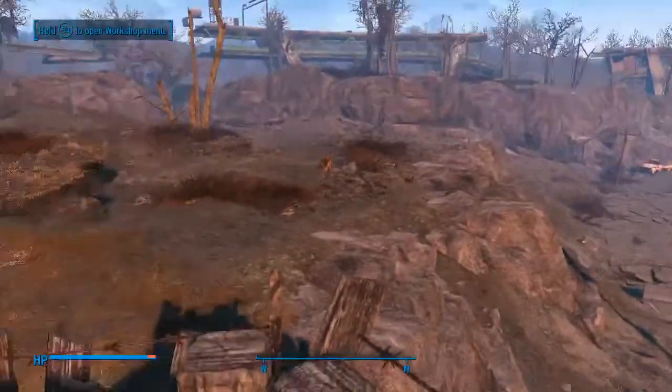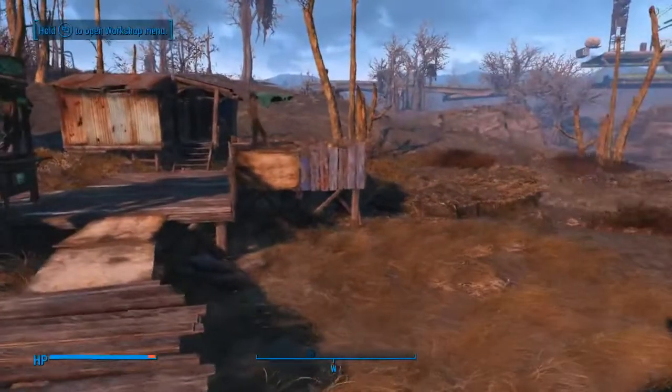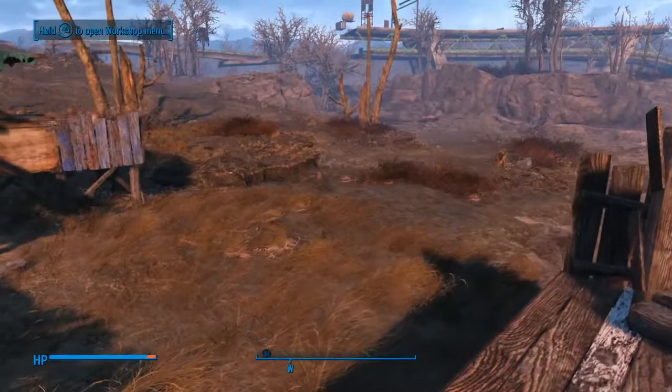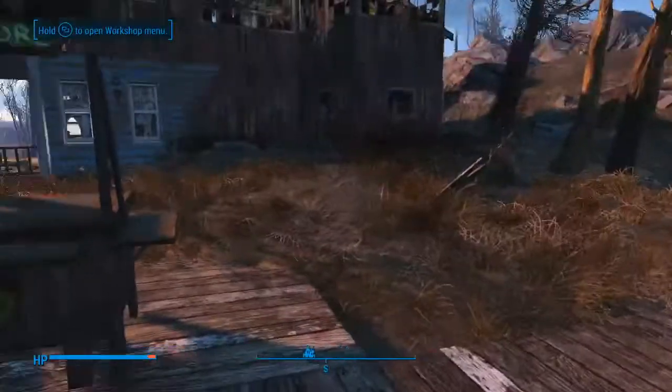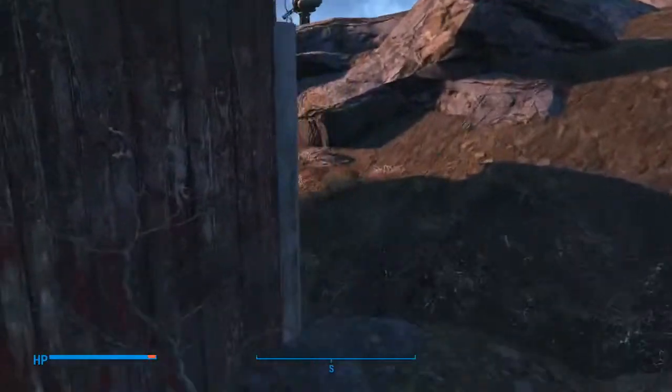I imagine these folks are gonna have a nice place to live when I'm done with it. But of course, it won't be complete without...